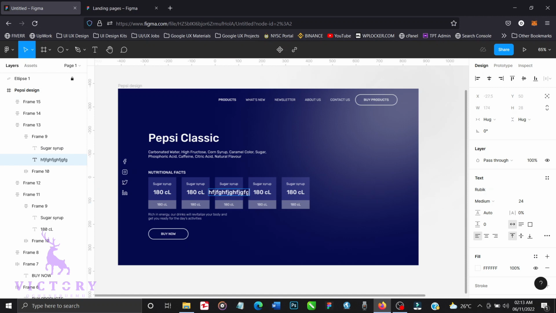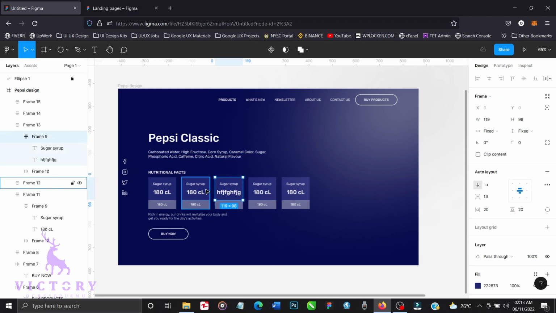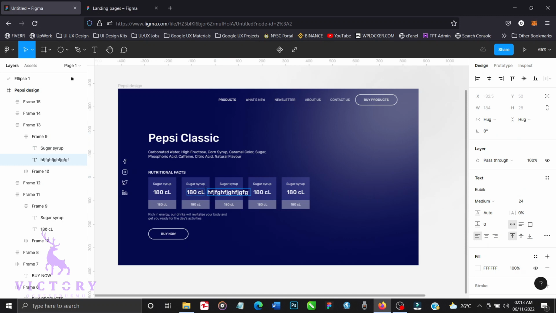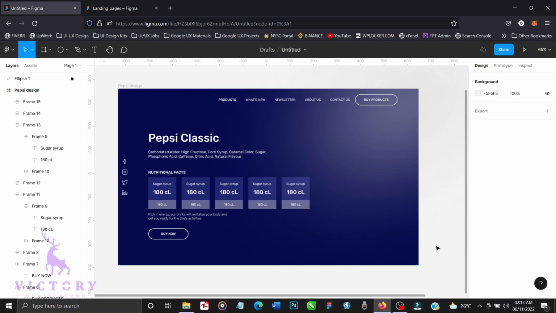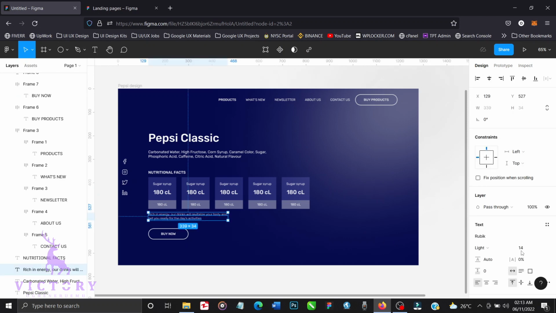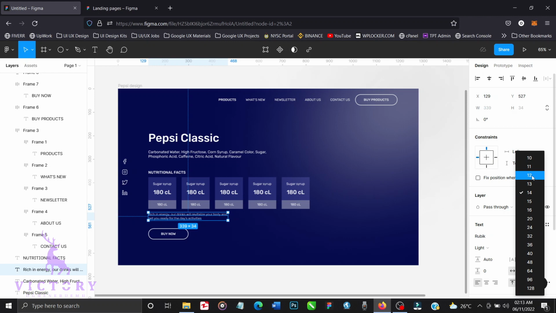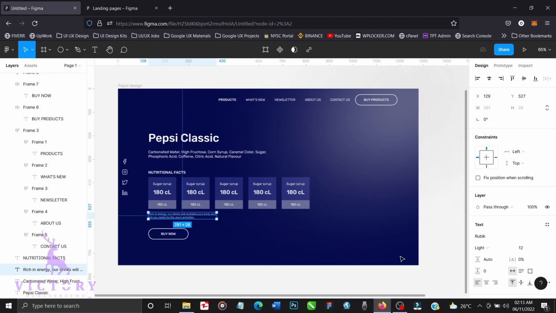See that it's going outside because this auto layout is fixed. So that's it. Let's undo that. So you can change the content on your own. The next thing I'll do now is to make this, which is 14, I'll make it 12. Okay, shift it close to that one, and the next thing I'll do